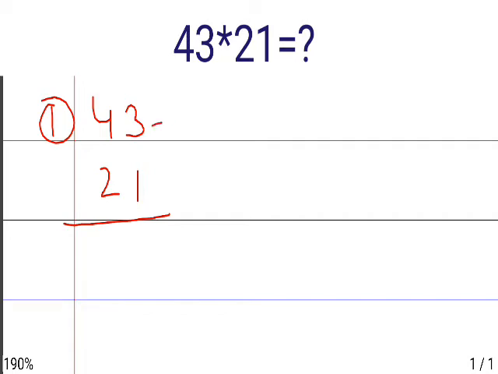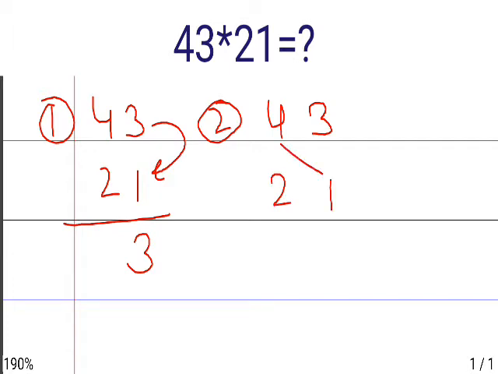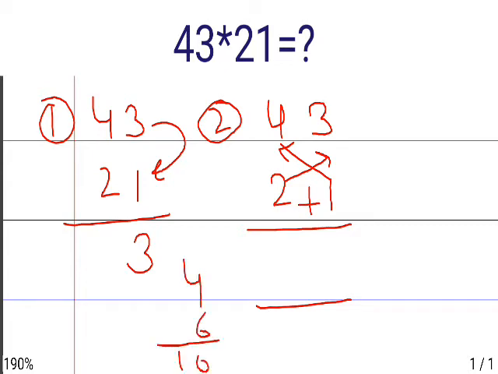another number. 3 multiplied by 1 is 3. This is the first step. The second step is the most important and crucial one which you have to follow. You have to multiply these alternate numbers, like 4 multiplied by 1. We can also say the cross multiplication of these numbers, and we have to add them with each other. So 4 ones are 4 and 3 twos are 6, that is 10. We had 3 from the previous step, and from this 10 what I have to take is 0, as 10 cannot be written. This 1 will be carried forward.